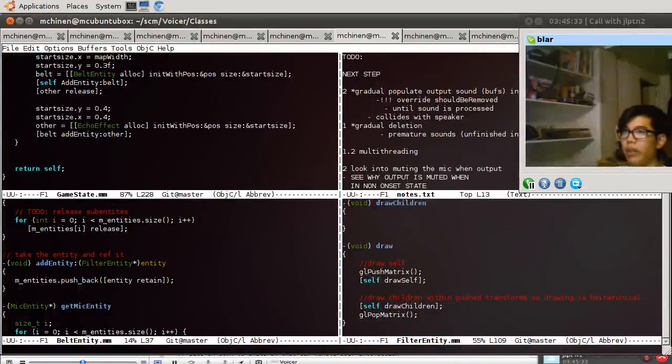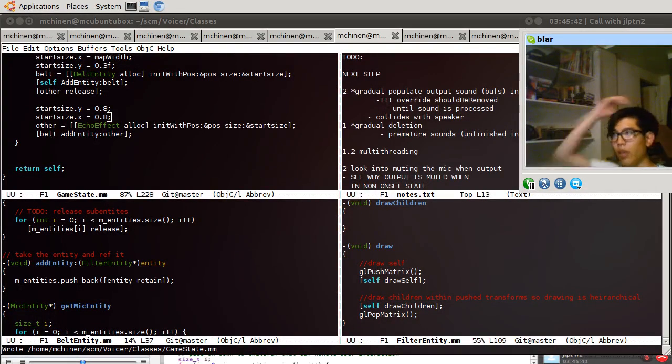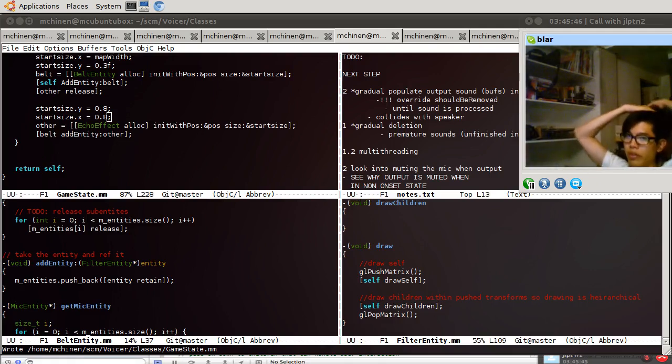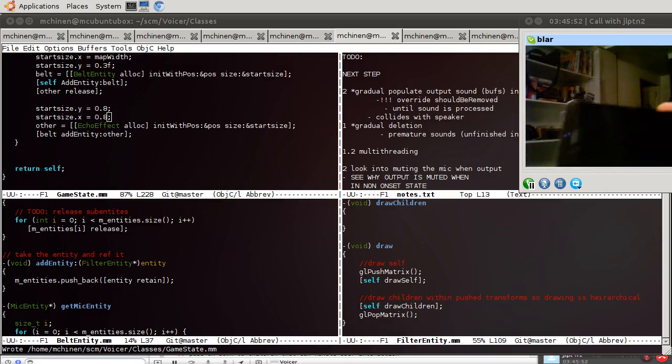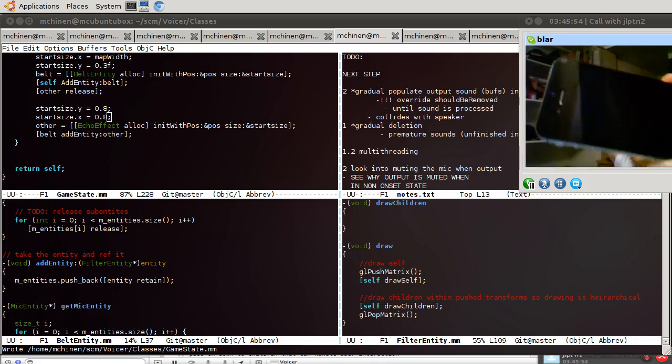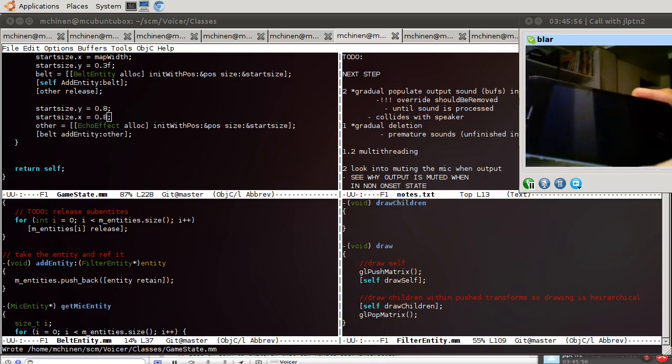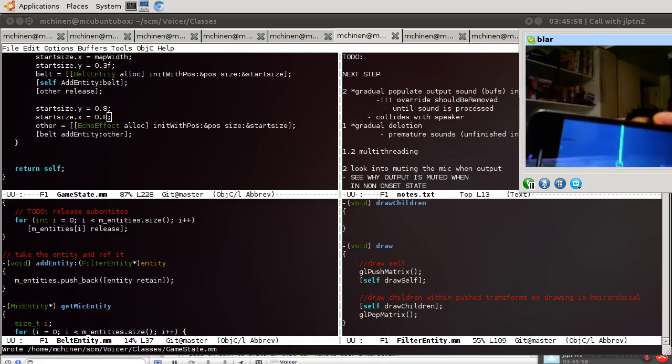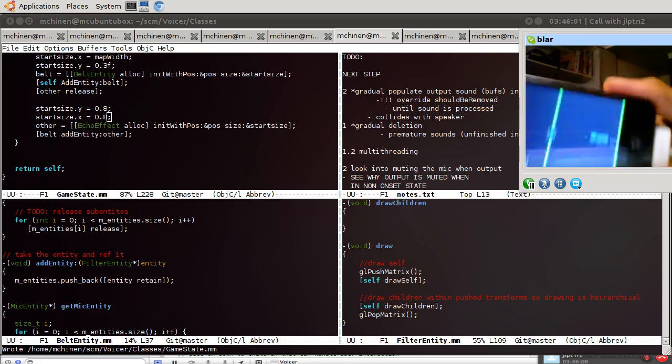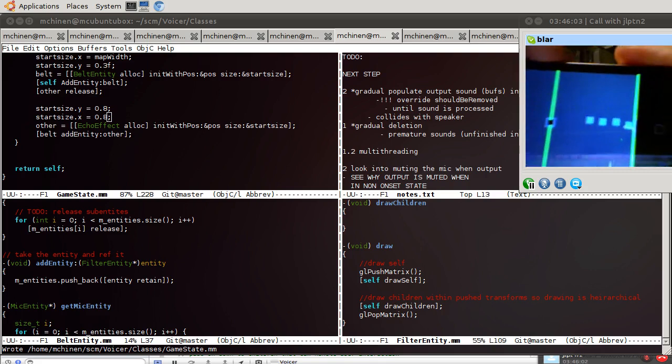I can try and make it like 0.8. I want to make sure this isn't some transform problem, some scaling issue from the matrix, the GL matrix stuff with the size. So I set it to twice the size, which is a lot bigger than twice the size. But yeah, it looks like it's working, because if I hold it up correctly,